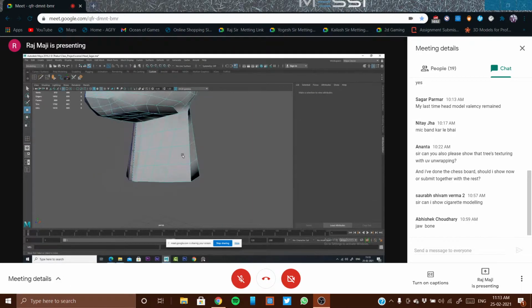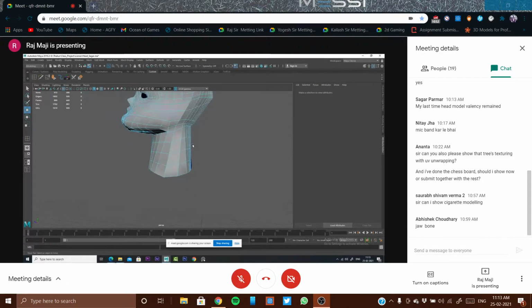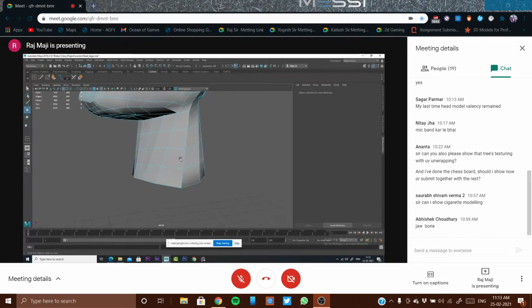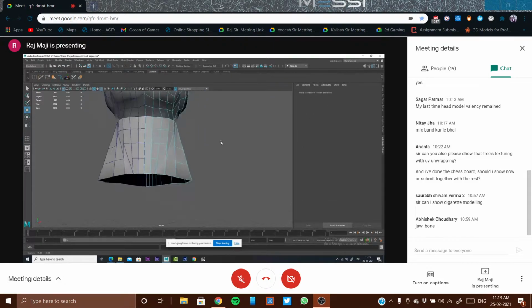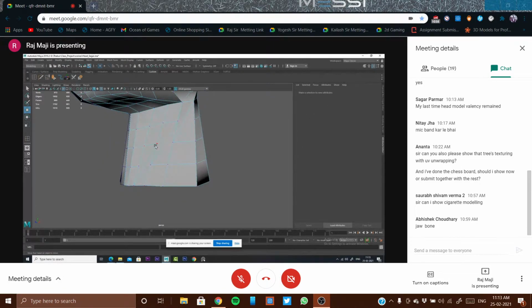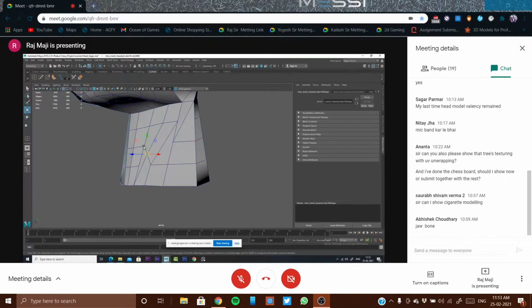Okay. Now in this area, one thing can be done, like you can extrude also. Extrusion also can be done. Another thing can be done, like you want a little bit more twist. So what can be done? And just twisting it towards the front like this. So I just have twisted it towards the front.